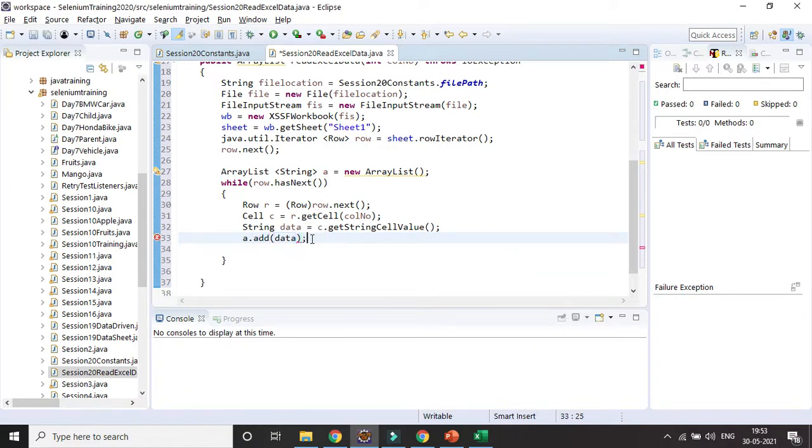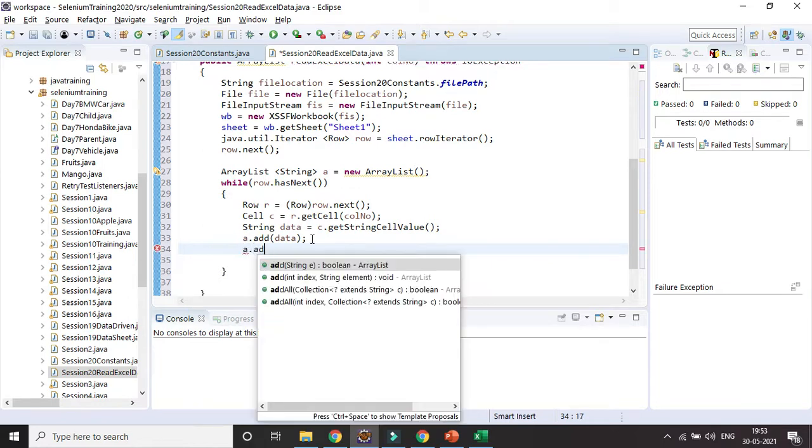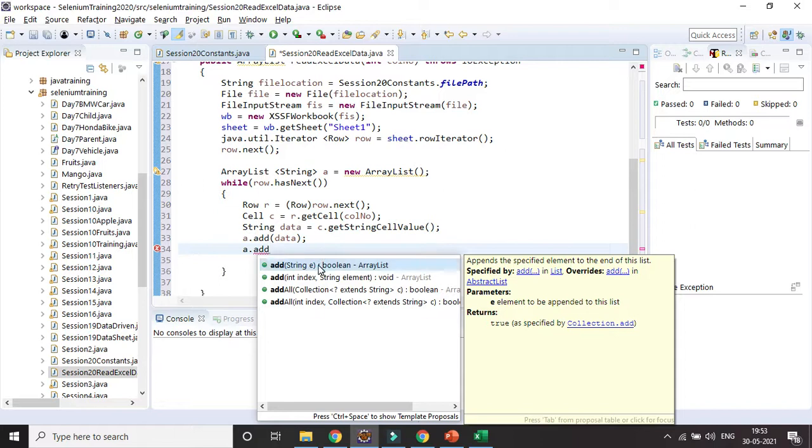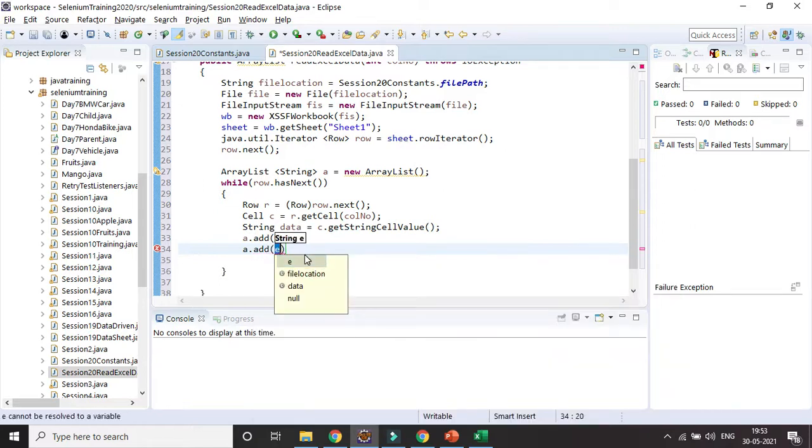Then I want to add everything through iteration. So I will again use A dot add. Here I need to give a lot of things. Okay, so I will be giving the row part. It is nothing but that one.